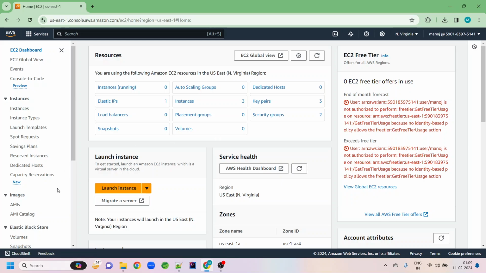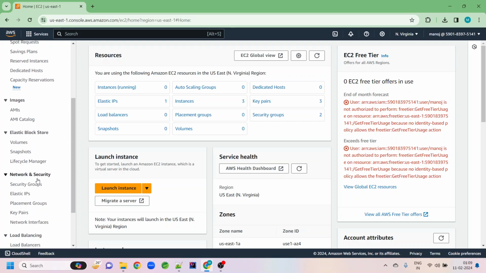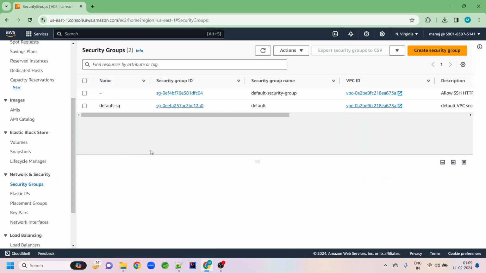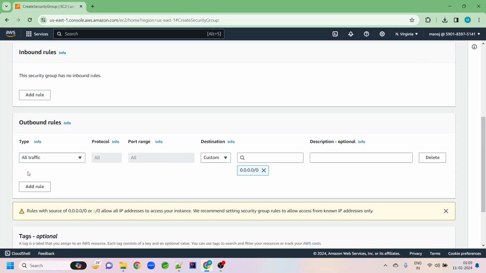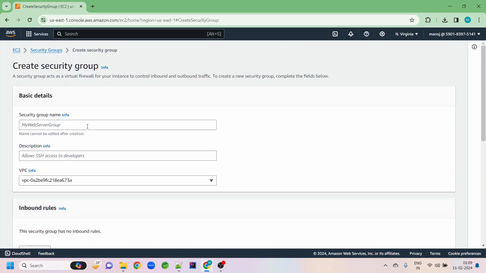When you go to EC2, under Network and Security you have Security Groups. Just click on it. I have two security groups already, so I just create a new one. You just have to give some name to it. Since we are creating it from the console, I just say console